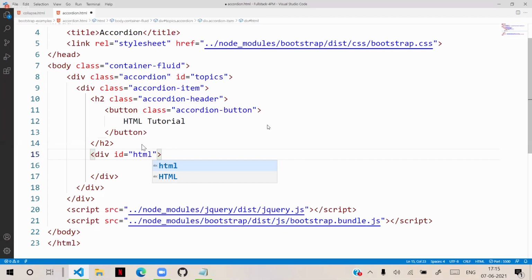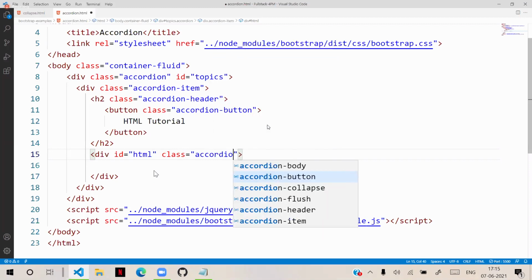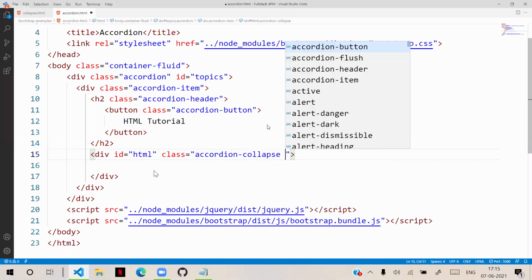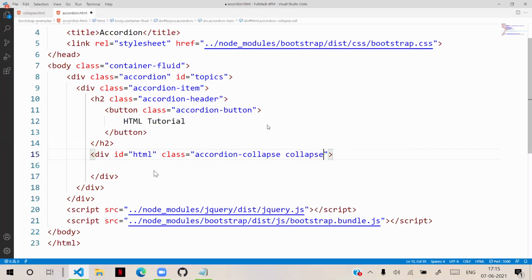What we can do here is create a collapse-like appearance. So accordion has accordion collapse. That means we put a class called accordion collapse, and it uses the basic collapse style.